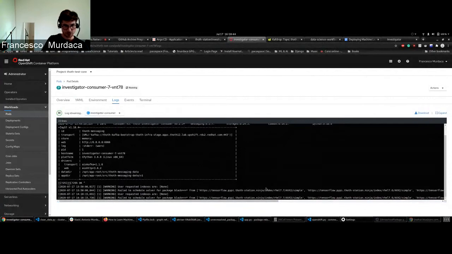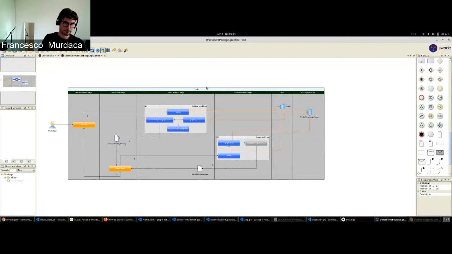Currently there is an issue we need to solve, but basically what will happen, as you see, is that it requested the black package, which is what we had here. Because it does not have any other information about that package, it will schedule it from the indexes that are registered in Thoth and the versions that are missing, so all the versions that are missing from black. That's it, I think. This is what we will finish next time, in the next sprint. Thanks.